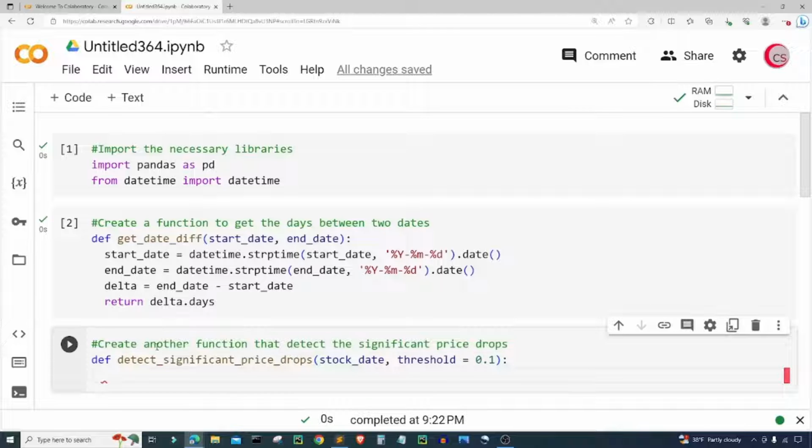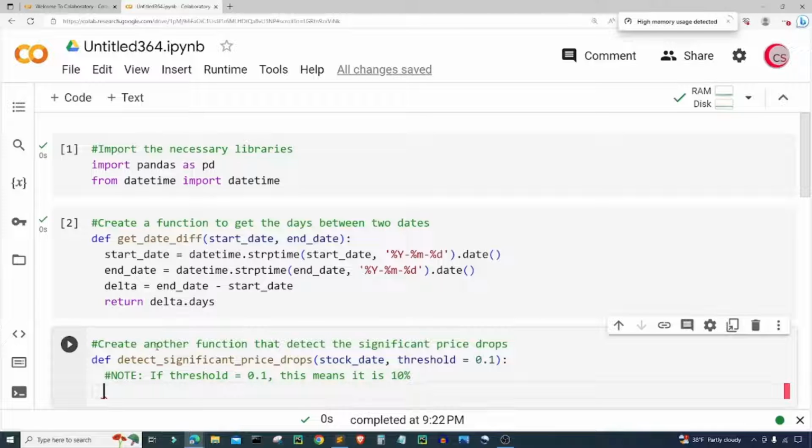Okay, and I'm actually going to put a note here. So here I'm going to put if threshold equals 0.1, this means it is 10%. All right. Okay, so next I want to calculate